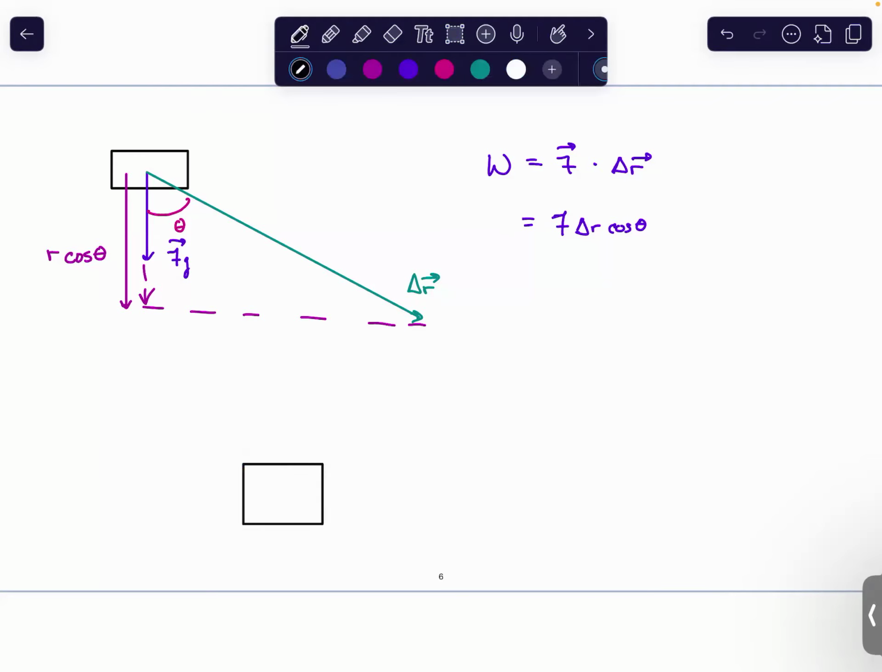Say this object was moved across some displacement by a force. Now this entire force is in the same direction as displacement. So this is going to be a pretty common equation that you'll find that can help solve problems. I just want to make sure you're able to tell me where it comes from. Because again, if we look at the work done,